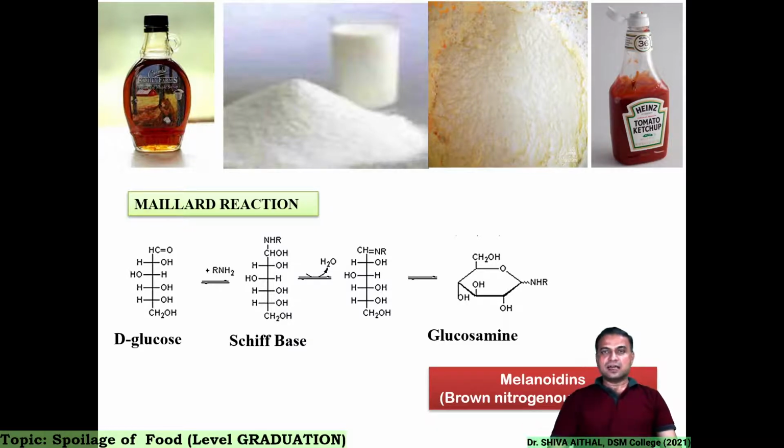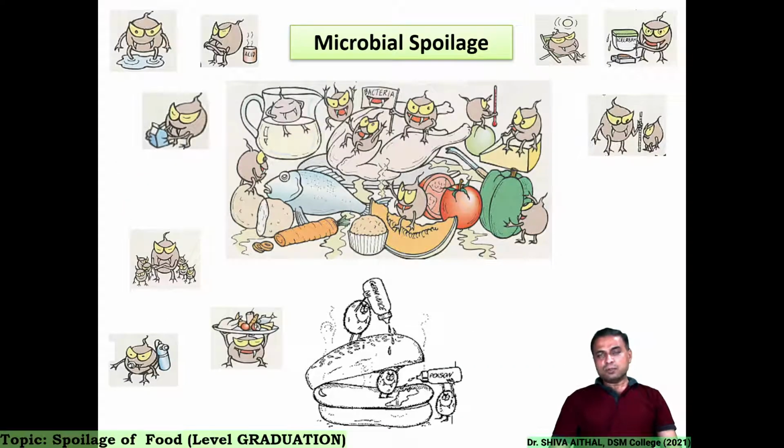In the last lecture I talked about caramelization, but that is while preparing food, where we deliberately change the color. But here, due to light oxidation, chemical reactions like D-glucose forming the Schiff's base glucosamine occur, and melanoidins are formed. These are brown nitrogenous polymers which give rise to undesirable qualities in the food. Now come to the main discussion point of interest of this syllabus and your curriculum, that is microbial spoilage of food. I have in the previous slides told you about the physical change and chemical change, now the microbial change.